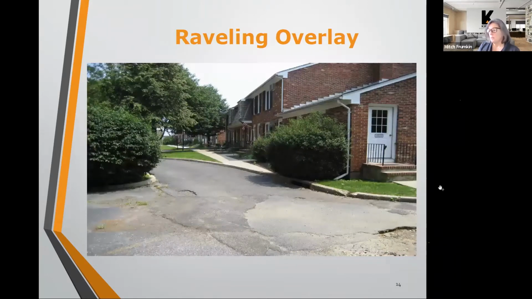Here's another example of a pavement overlay that was put over aging pavement that didn't work out too well and started raveling after a short period of time. Also, you can see here they have some concrete curb that's deteriorated. So just like catch basins, we look at the curbing when we're doing a pavement project. As part of our visual observations, we go through and note the condition of the curb, whether it be concrete curb or Belgian block curb,